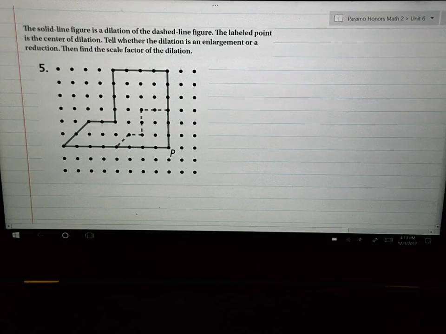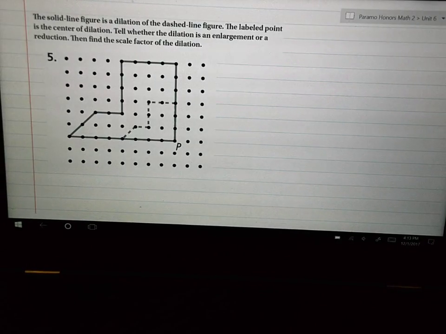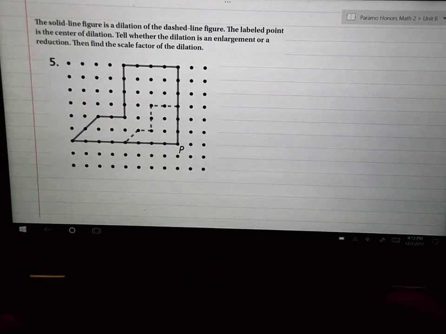As I like to do in this class, I like to do examples with you. And so here is example number 5. It's on your worksheet. You have it in front of you. You do not need to write it in your notes. You can do this on the worksheet if you would like. You know how I like to do these things together. So number 5 says,